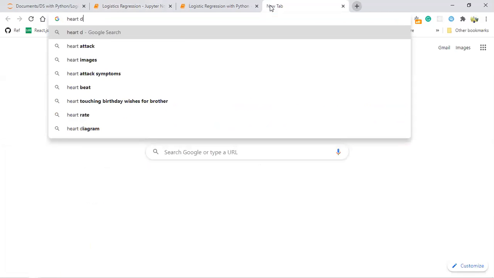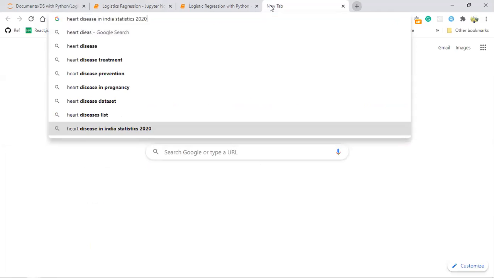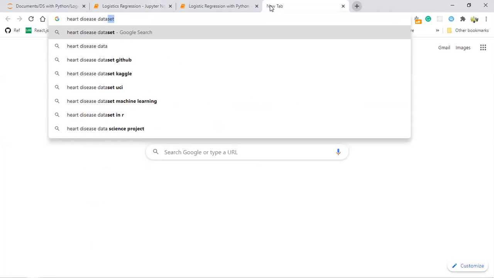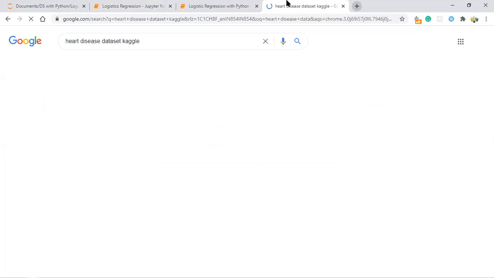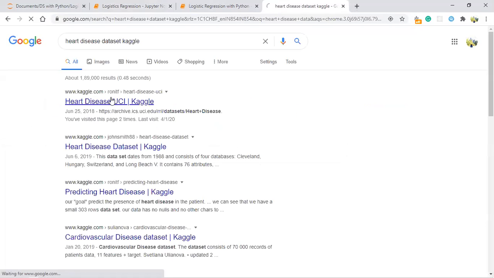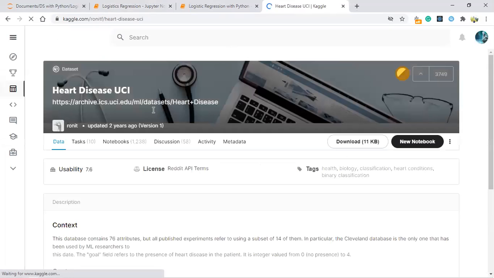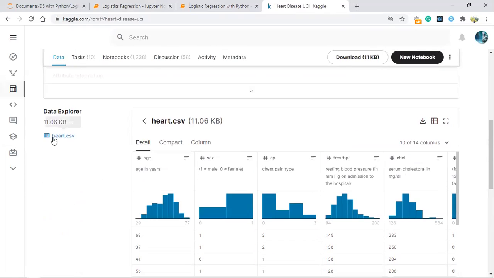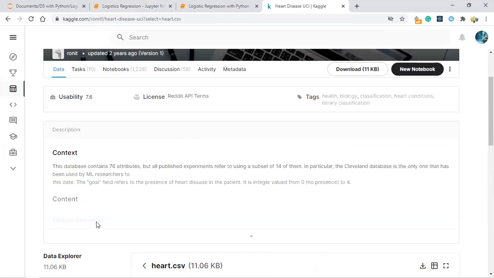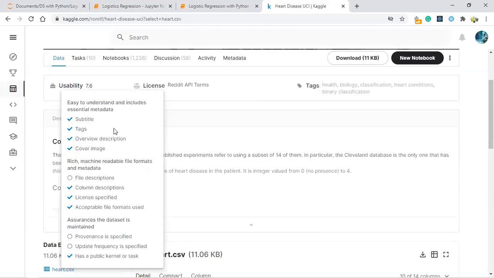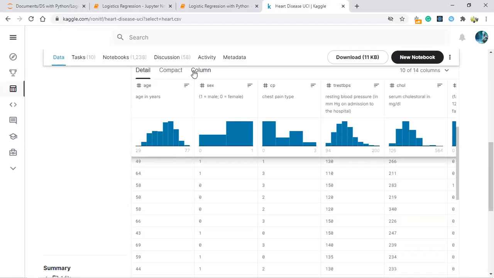To get this heart data set, go to Kaggle. Now you guys just create your account in Kaggle. After you created the account, if you go and check for heart disease, from here we will get the dummy data set. You need to download the heart.csv from Kaggle only. So, the columns.